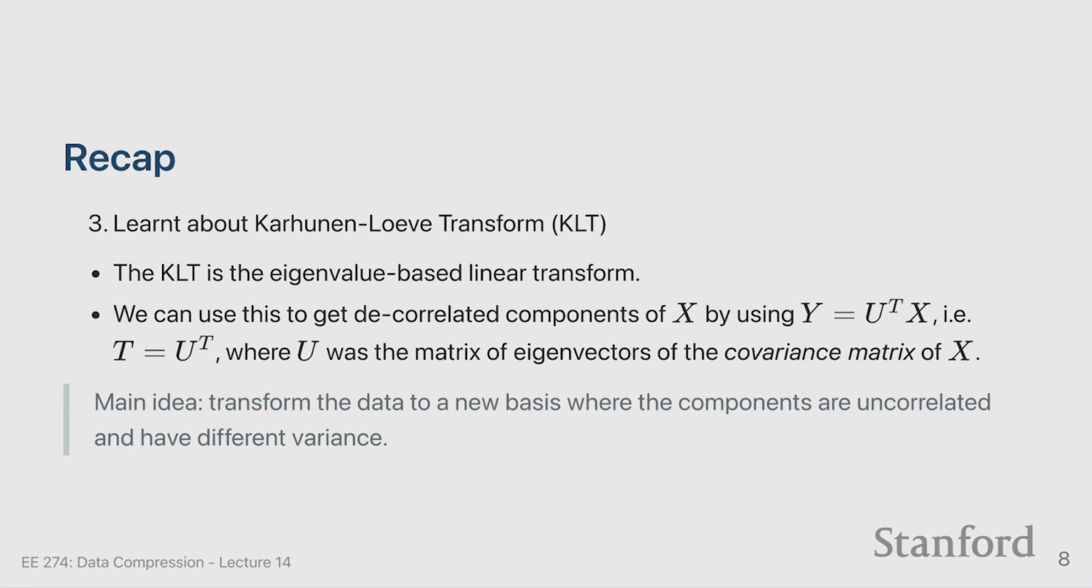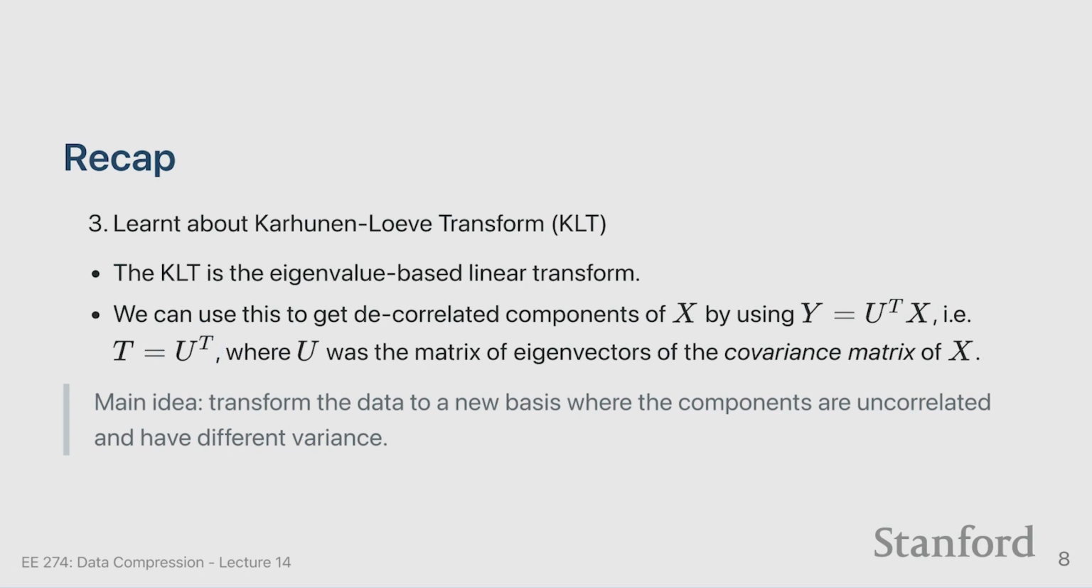Okay, and we did some maths, we revised the linear algebra part of it, but this is really the main idea. If you forget everything, do remember this. KLT is basically an eigenvalue based linear transform. So it's linear, and we saw how you can compute it. You can use KLT to get decorrelated components of X, right? The transform was this U transpose matrix, where U was the matrix of the eigenvectors of the covariance matrix of